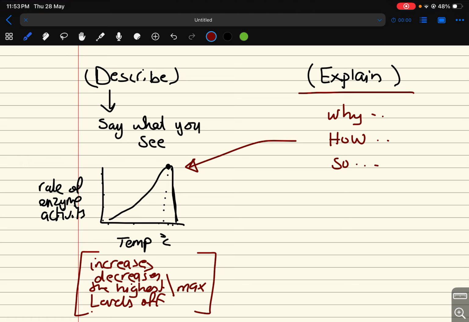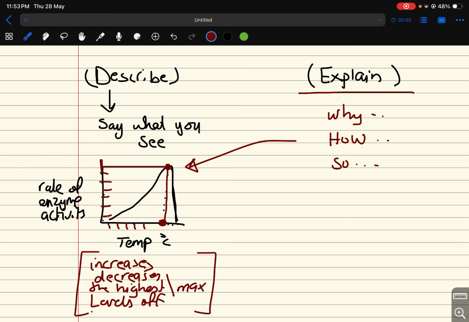description. So, when the temperature increases, the rate of the enzyme activity increases. Why? Because molecules, enzyme and substrates are gaining more kinetic energy. So they will move faster, more collisions, more enzyme substrate complexes are formed up to a certain point, which is the optimum temperature. At this optimum temperature, enzymes will have the highest rate of reaction because all the active sites